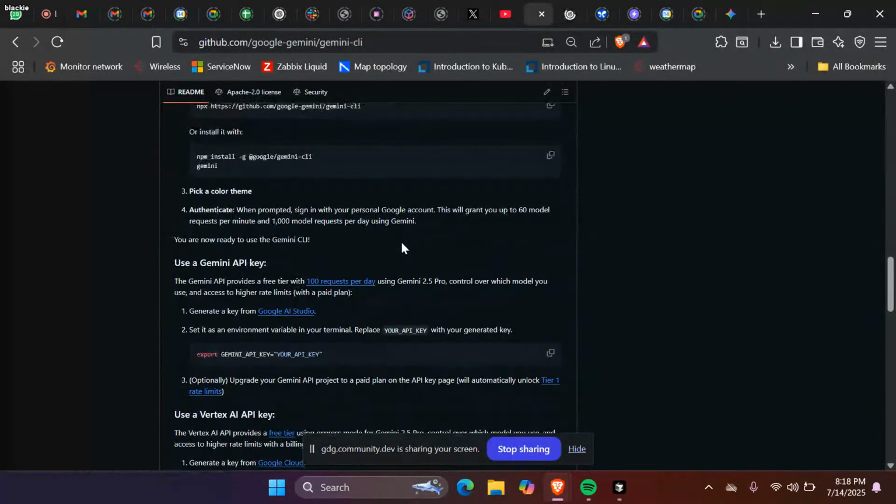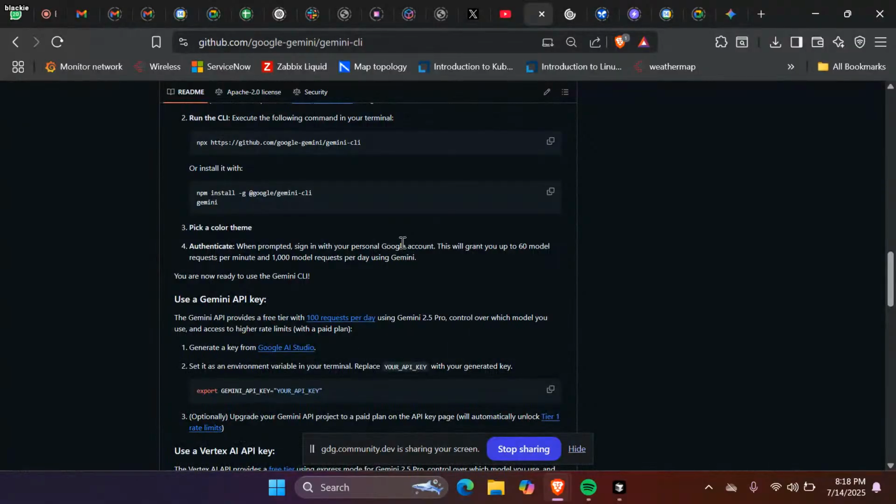You can also pick a color when you're setting it up. To authenticate, you can use your Google account or Gmail, the one you prefer to use. Note, this will grant you up to 60 model requests per minute, that is 1,000 model requests per day, using Gemini. If you finish the 60 requests per minute or 1,000 per day, you will be asked to pay.